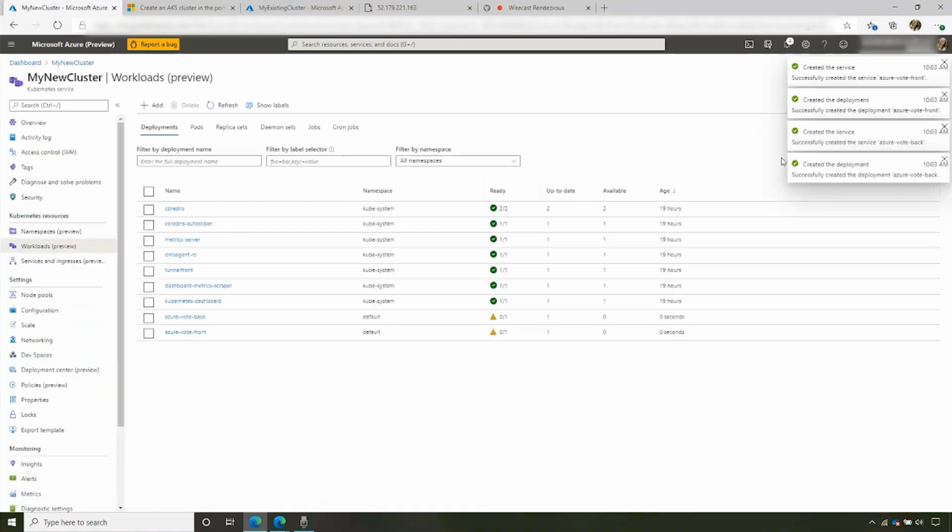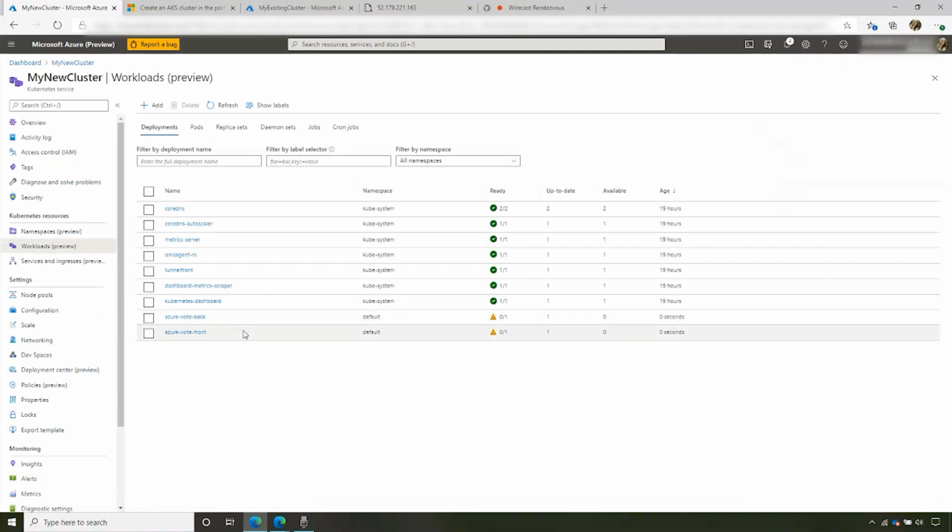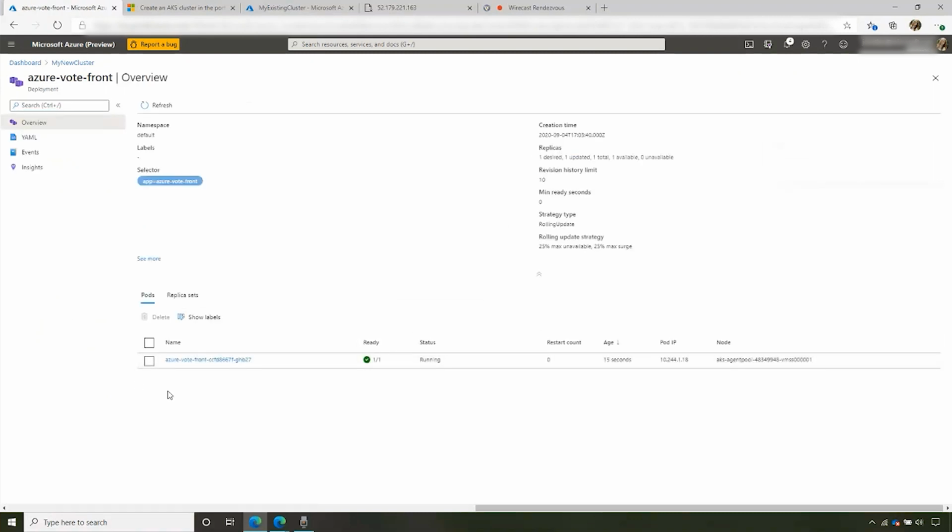And here you can see we are in fact creating 4 resources, 2 of which you can already see here. These are the 2 deployments that I showed, which are the backend and the front end. And if I refresh, they're actually already ready to go. If I take a closer look, I can actually see some basic properties about this deployment, and I can see the pods and even replica sets that are part of it. There's more tabs that we'll explore a little bit later.